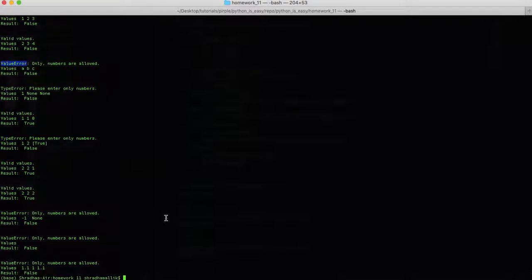So we made use of try, except and finally block and made our function handle different kinds of values and return the right